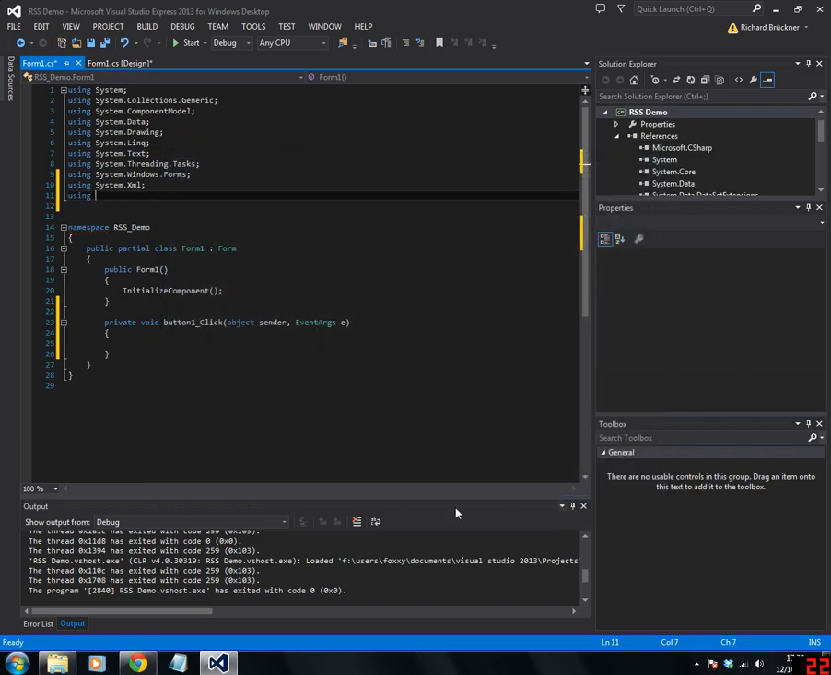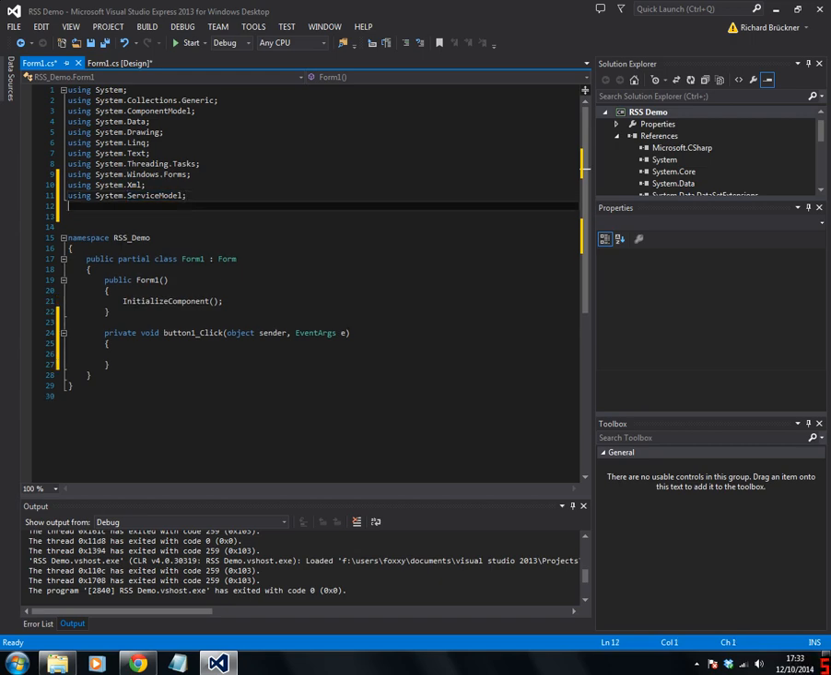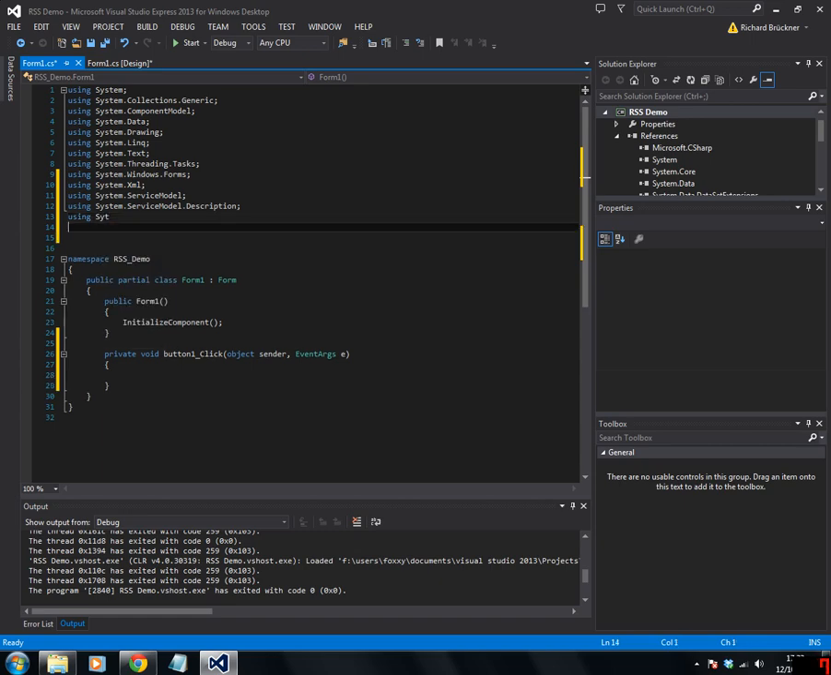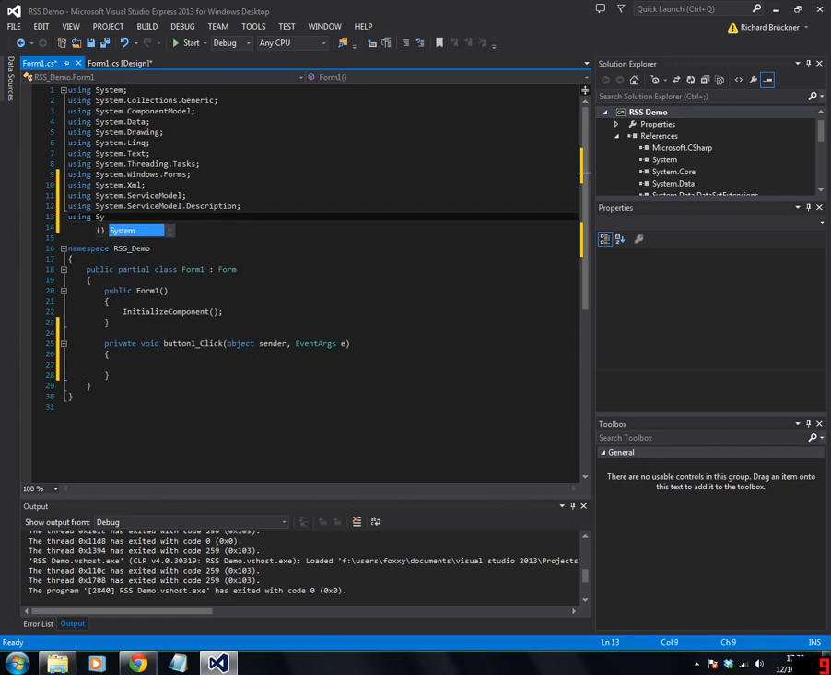So we're going to close, OK, and now what we can do is put them in. So system.service model. We're also going to need some sub categories of system.service model, and we are going to need the description, so we can identify the descriptions on these things that we're going to be reading. We're going to need system.service model.web, because we're going to be mucking about on the web,